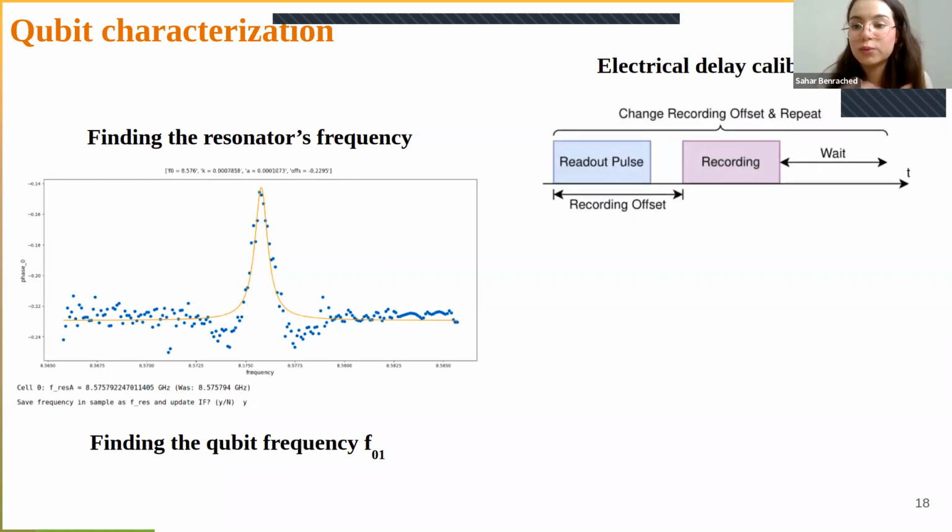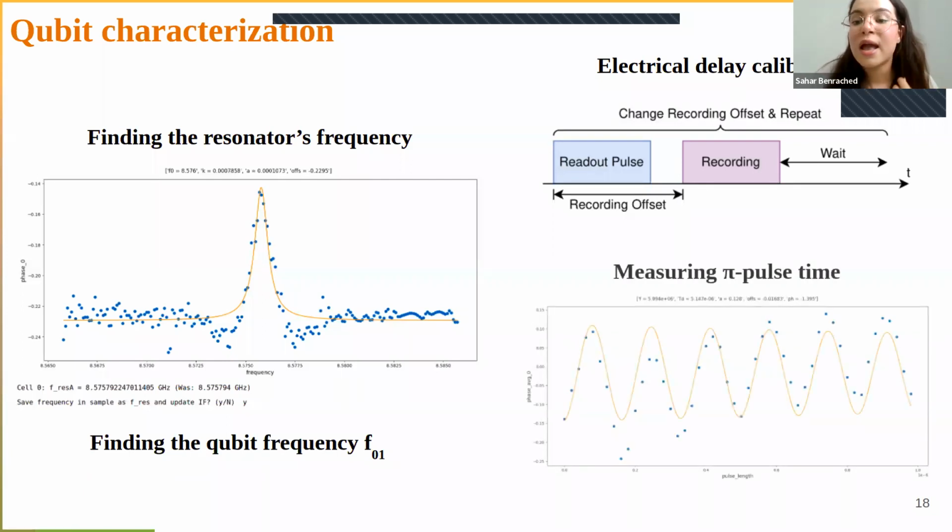The electrical delay would be the time that's needed for the electrical pulse to reach the qubit. This is also important to consider. And then measuring the pi pulse time. The pi pulse time is practically the time that's needed for the qubit to go from the ground state to the first excited state, and vice versa, because it's important in order to define our operations, especially the X and